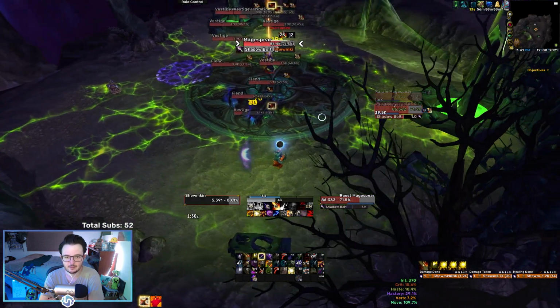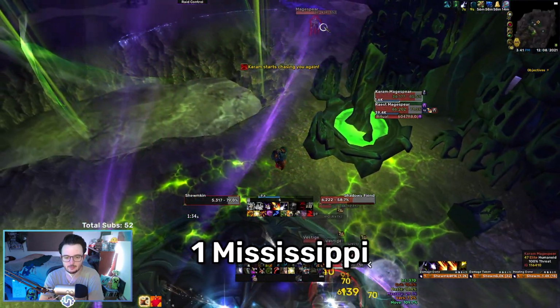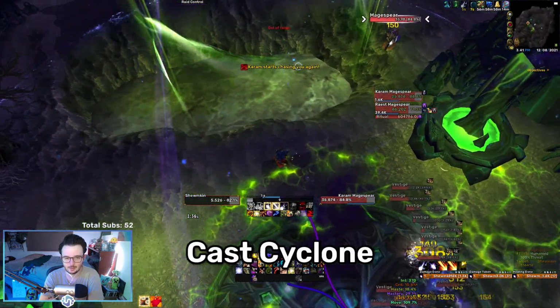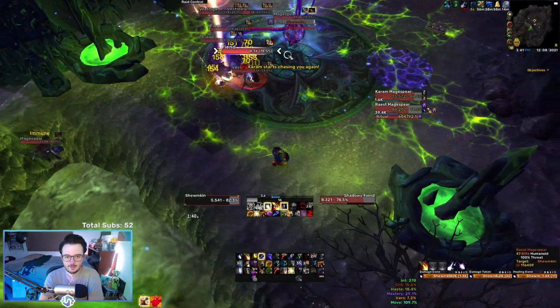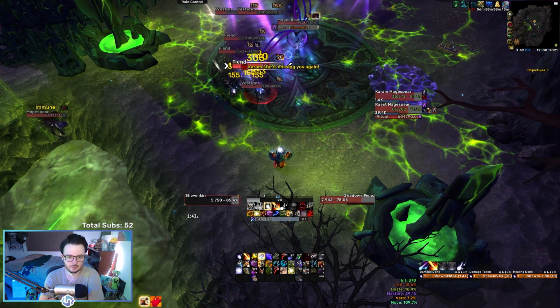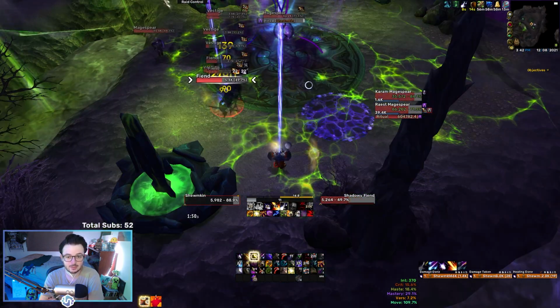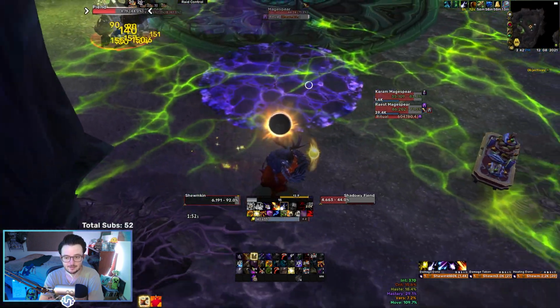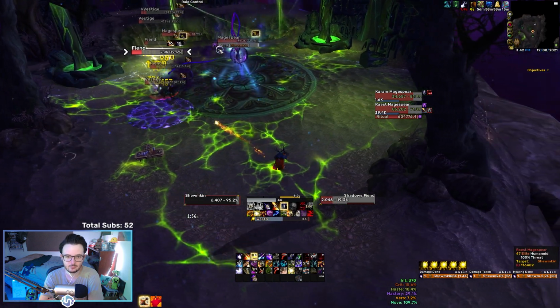And now Karam's starting to chase me again. This is the most important part. We're going to count 1 Mississippi, 2 Mississippi, cast Cyclone. That's really important because that will make it so that we never spawn a hand for this entire encounter, pretty much. If Karam is in Cyclone while a hand is supposed to spawn, then he won't spawn a hand